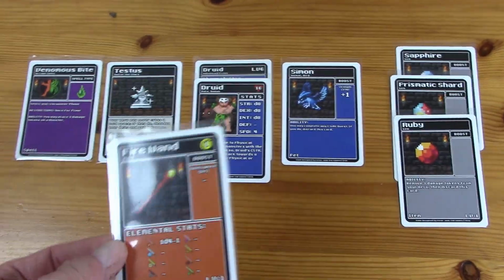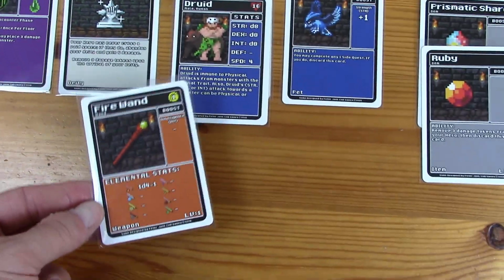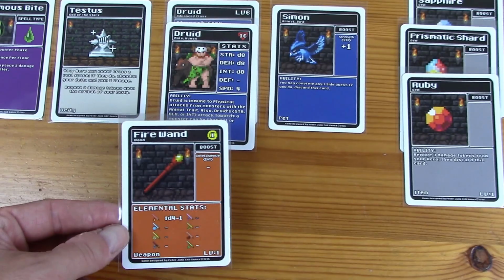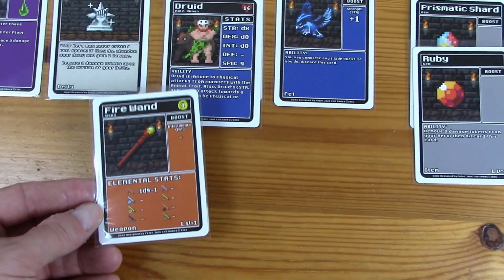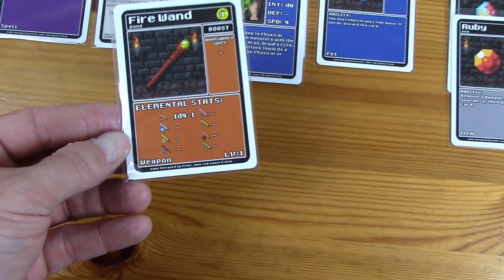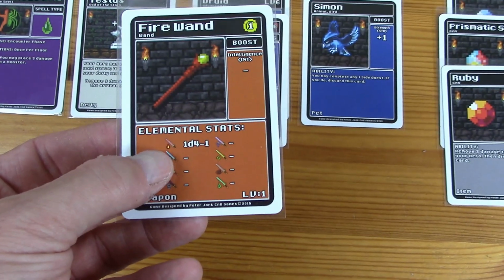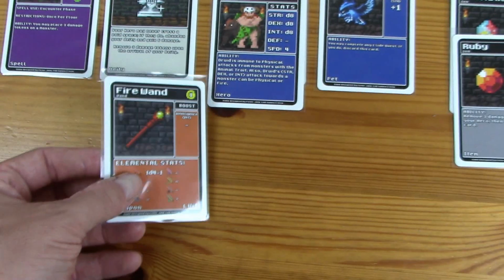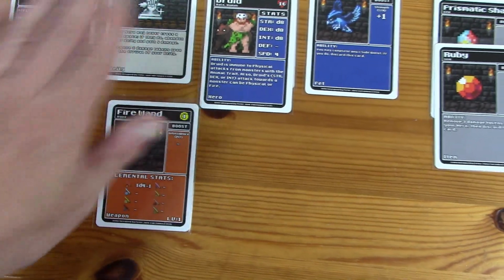That is fantastic for the druid, because the druid is allowed to make all these attacks fire attacks. That's his special ability. So the fire wand is a fantastic weapon for him. It gives him, in addition to his elemental attacks, a 1d4 -1. That is just an amazing card for the druid right away. Awesome. And this is what I love about this game. Right away, the first card, everything is possible. And this is such a powerful and awesome card. Okay, so now